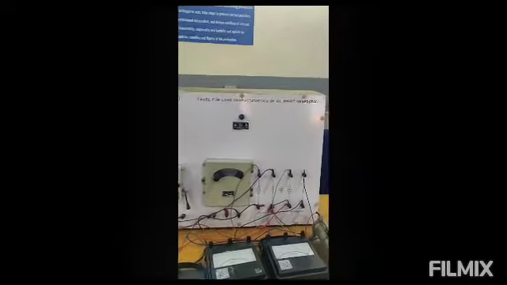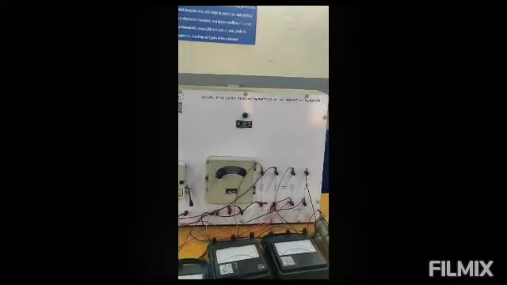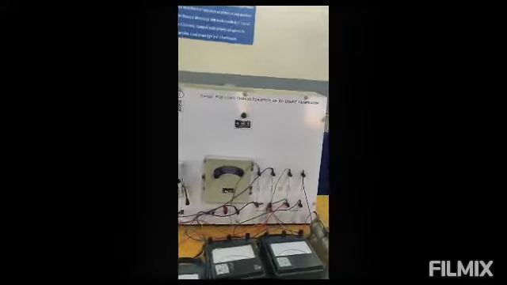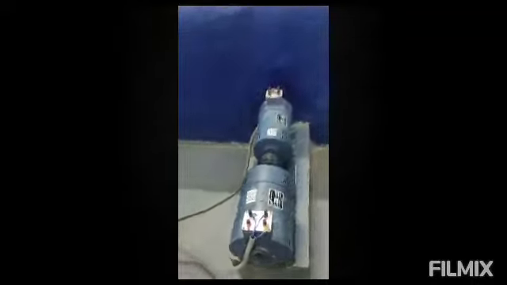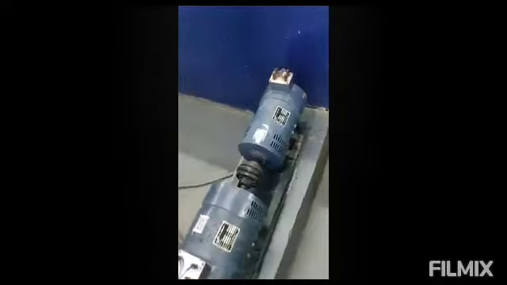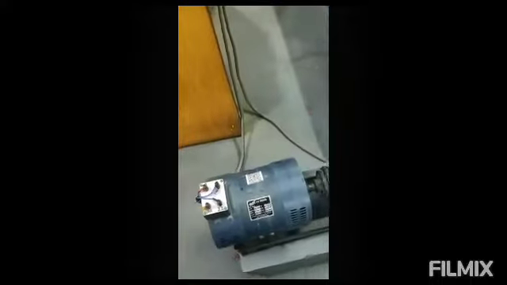So my dear students, this is the Electrical Machine 1 lab. We have two labs, Electrical Machine 1 and 2. This is the panel for load characteristics of DC shunt generator. A shunt generator and a separately excited DC generator are the same thing. These are the two electrical machines. This will act as DC generator and this will act as DC motor.